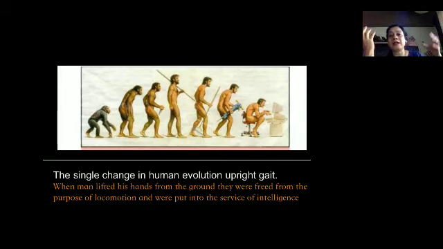So as our ancestors used to catch onto the branches of the trees, they used to go crawling. So the quadruped gait had a lot of different demands on the hands as opposed to what we are today as human beings, using the hands in very creative scenarios and functions.